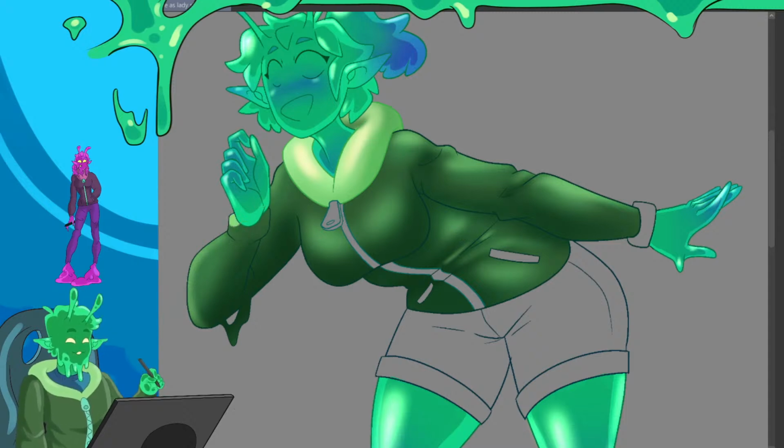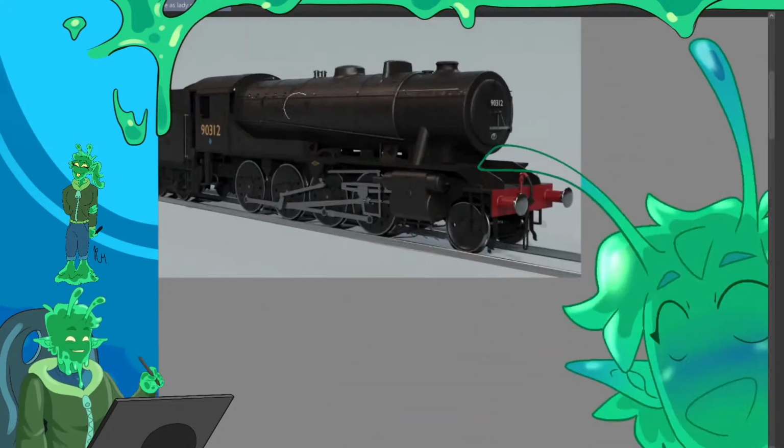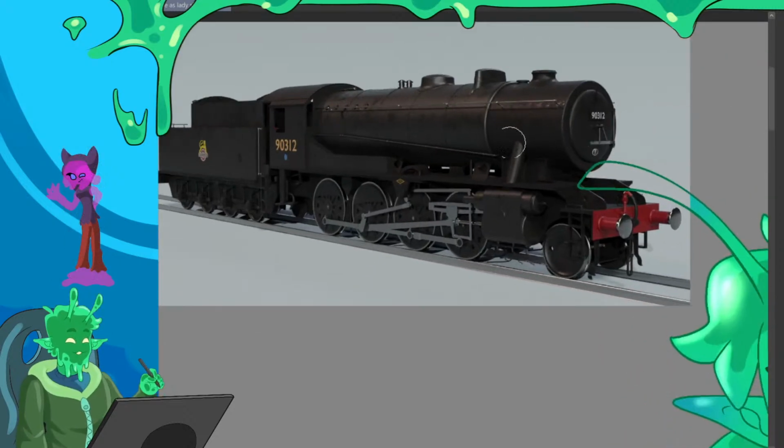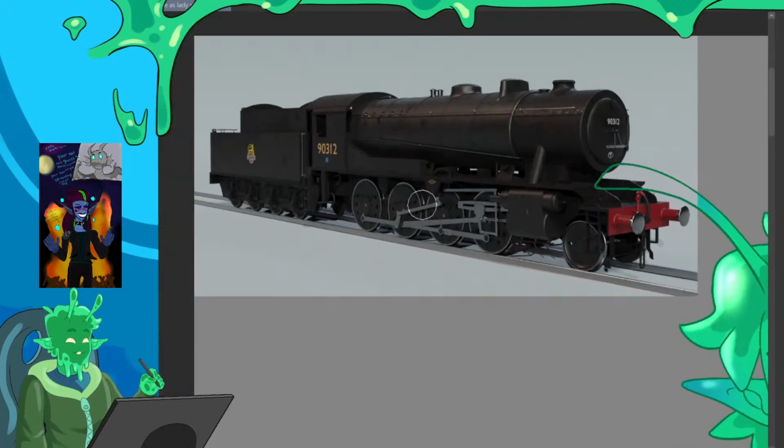I'll throw the choo choo on screen. Look at this, a choo choo. That's a really pretty choo choo. See, what I want you to do, Val, is 3D print these and make a train set. I'm sure there's ways to make the mechanisms work, but even if it's just a static train set, train yard or whatever, that would be great.